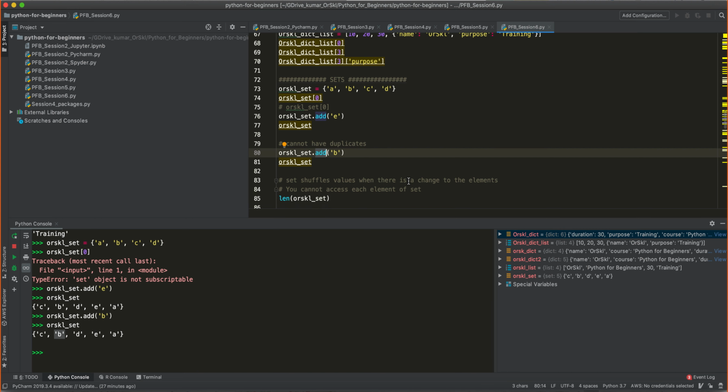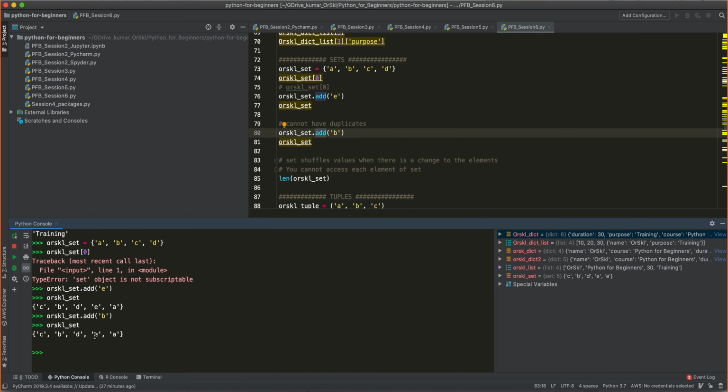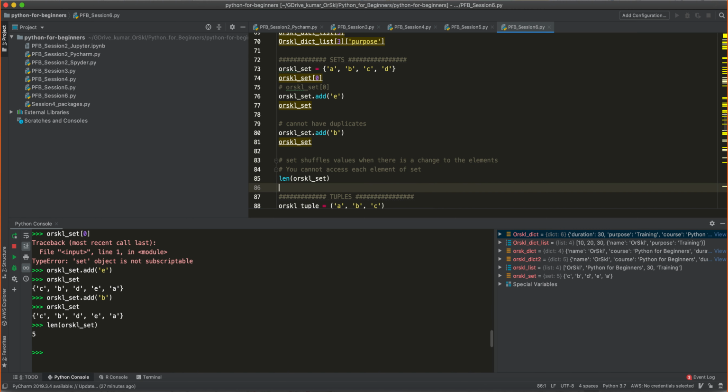That's fine. Okay, and as you see, every time you do some changes in the set, it will shuffle the values. That's the reason you cannot access the elements inside the set. And likewise, if you want to get the number of elements inside the set, it is the same as you have learned in list as well. Len of the variable name, it will tell you how many elements that variable has got.